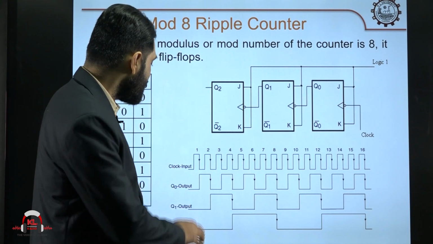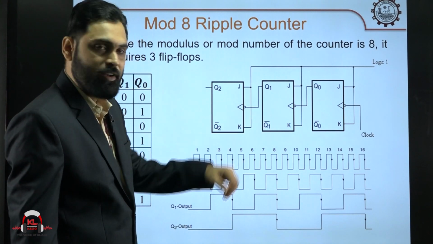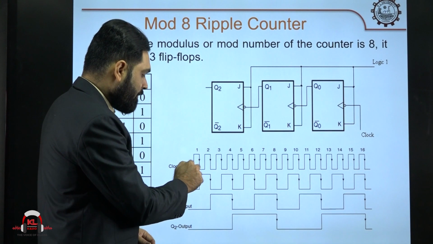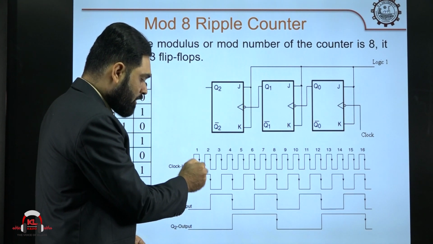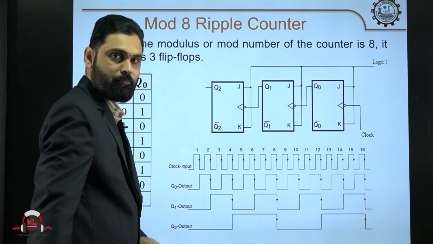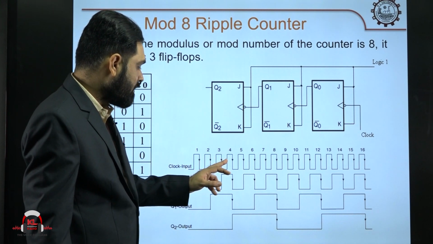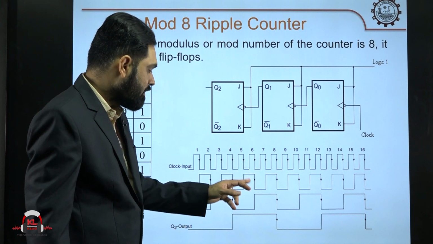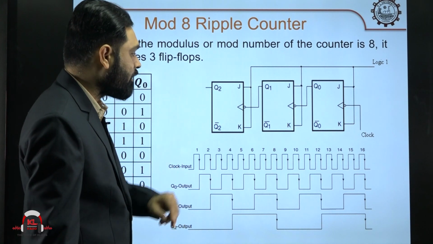Just look at the clock input that you are applying. I already told you that I am going to use negative edge triggering. Whenever the clock is falling from top to bottom, that means from the positive level to the negative level, in that case you will get the output. So, that is why you can see here, whenever the clock is falling from 1 to 0, the outputs will be activated. So, the clock pulse is applied accordingly.